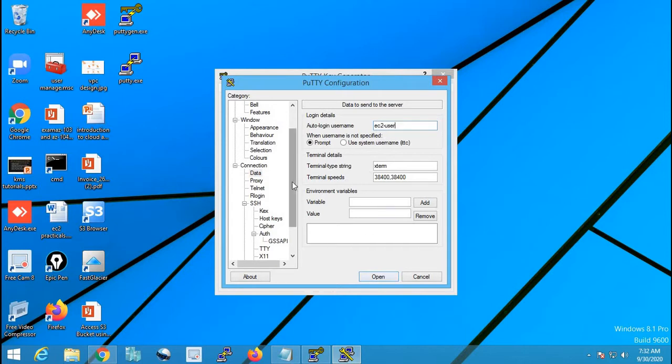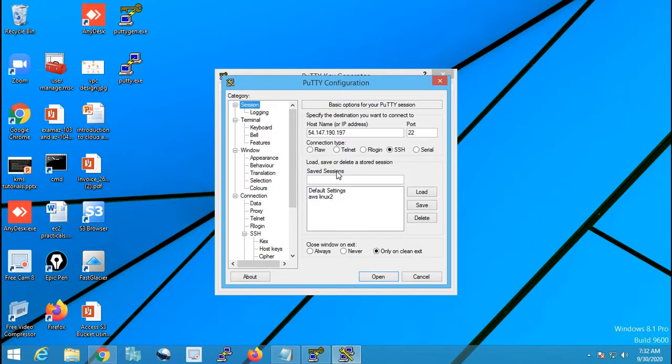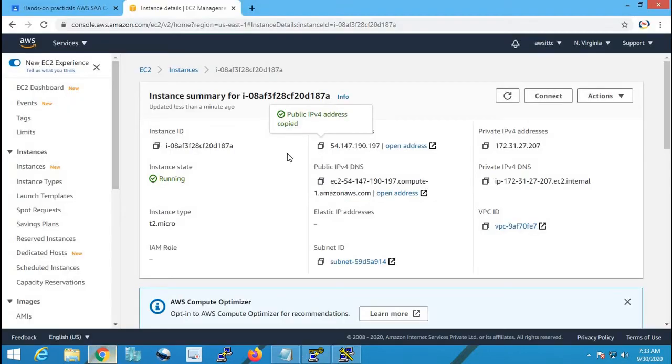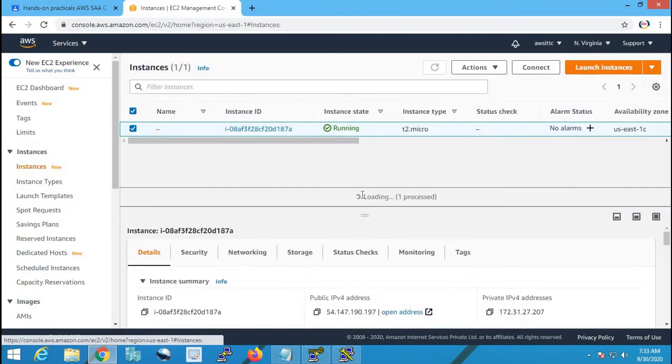All right, say go to session, and I'll say some new instance with the new key, and say save. If my instance is ready, I should be able to connect to the instance.